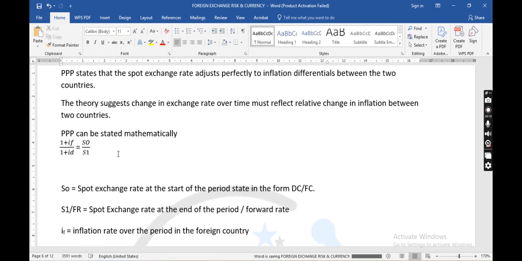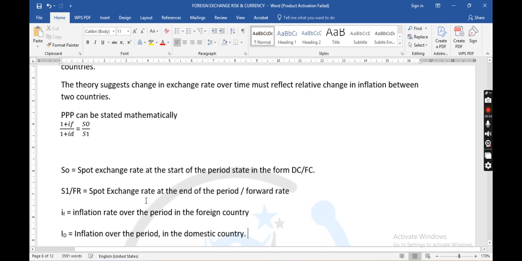I plus IF, which is the inflation rate. IF is the inflation rate of the foreign country. ID is the inflation of the domestic country. Now, the person asks the question: how do we know a domestic country